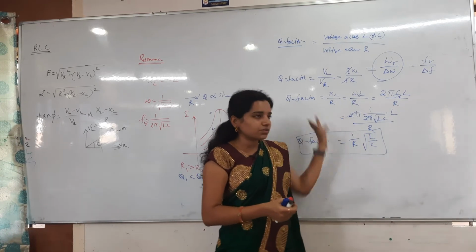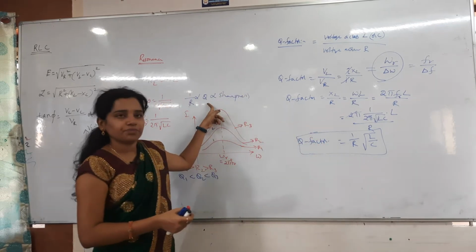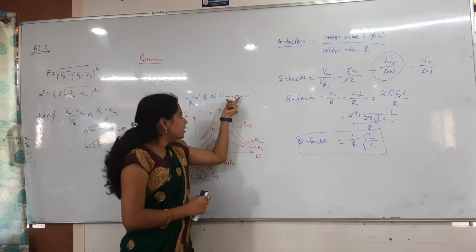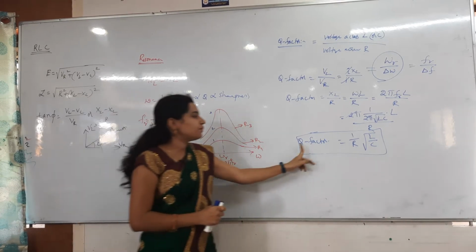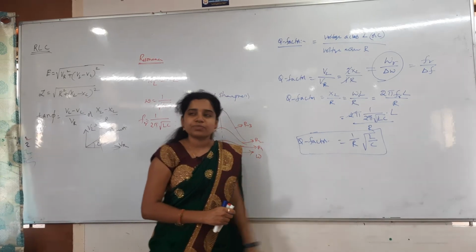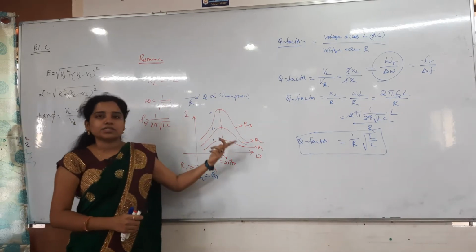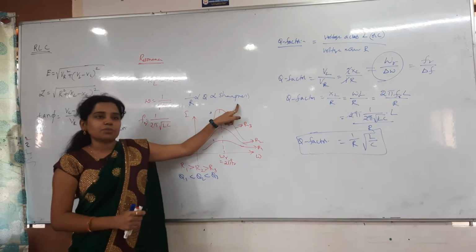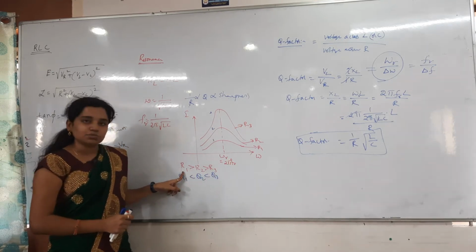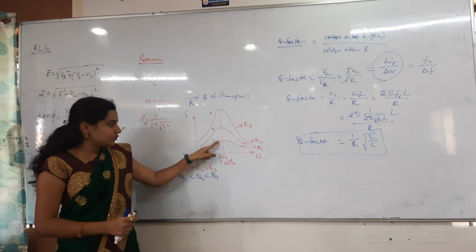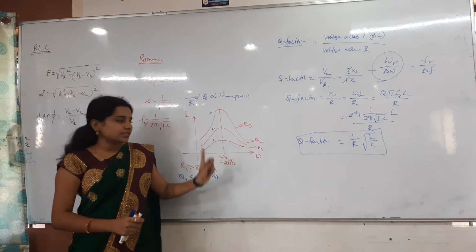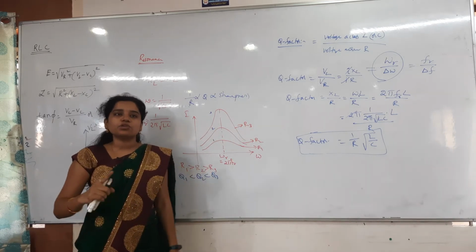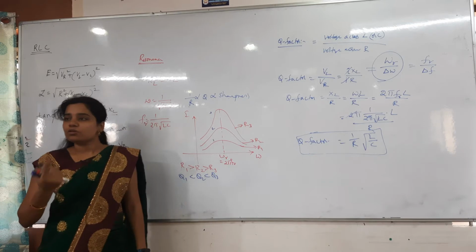Why have we discussed this much? We have discussed it for this concept: Q factor is directly proportional to the sharpness of the curve. So sharpness of the curve is directly proportional to Q factor, and Q factor is inversely proportional to the resistance. For whichever curve has more resistance, what happens? More resistance, less Q factor, less sharpness. So if R1 is more, Q factor is less, and the sharpness is less. In the same way, for whichever curve has less resistance, the Q factor will be more, and the sharpness is also more.